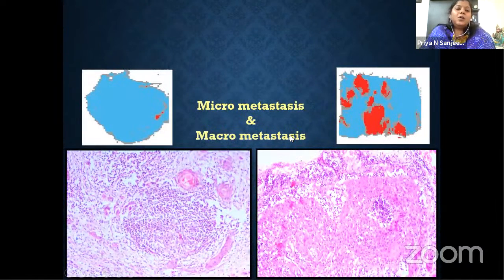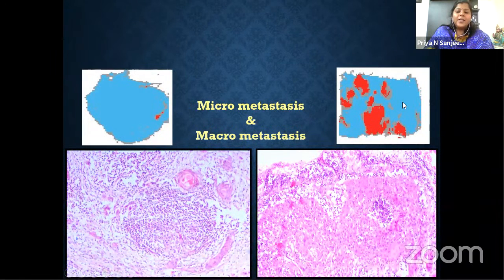And we should know about what is micrometastasis and macrometastasis in the lymph node too. So blue color represents the lymph node and red area represents the micrometastasis. So within the lymph node, small islands can go undetected in HND. So this is micrometastatic deposits. Macrometastasis means a larger area of metastasis. You can make out the dysplastic squamous cells here. So this is just to make you understand how the macrometastasis appears.